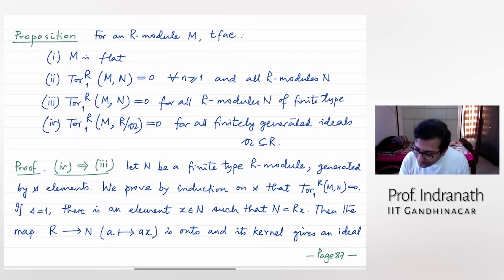Okay. So 1, 2, these parts are easy. I hope these are easy. 1 to 2, 2 to 3, 3 to 4. Can you just quickly have a look and confirm? Then we will have 4 to 3 and then 3 to 1. So 1 implies 2 implies 3 implies 4, we can assume.